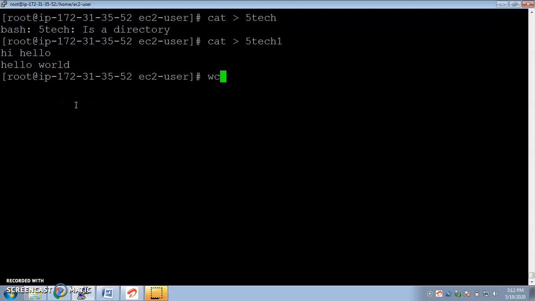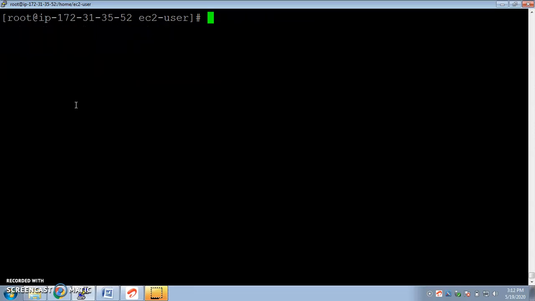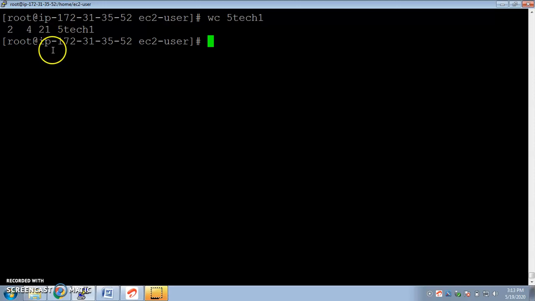So if I write WC space, a file name called 5tech1, what exactly happens, I'll tell you. There are 2 lines in the file, 4 words and 21 characters including the space. It's actually called bits, so it takes 21 bits of space or storage.